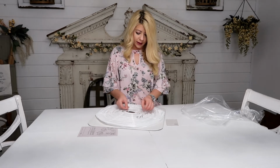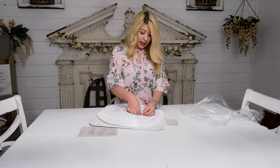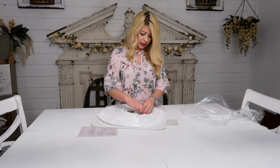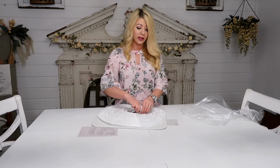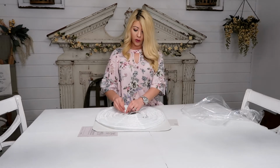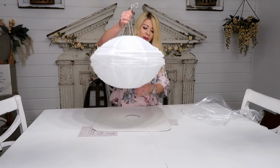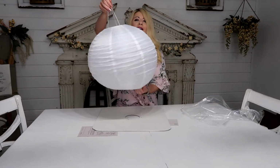These are like, I can't explain the material, like a nylon material, and I assume they're weather resistant. I think I got like 5 of them, and oh, they were $10. I think they were $9.99, and they were on sale for $5. I just thought they would be so cute to hang up